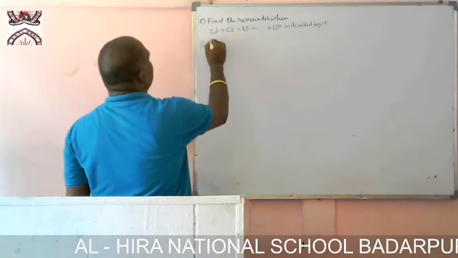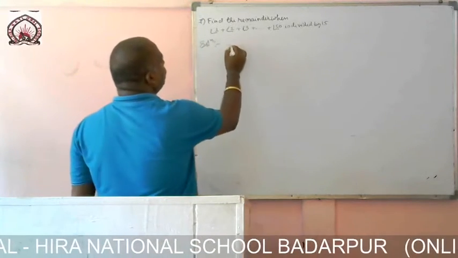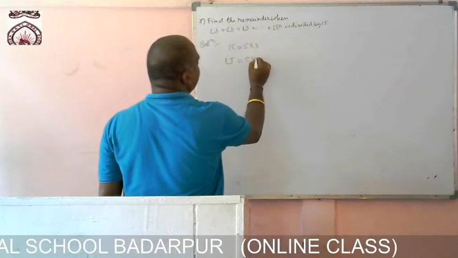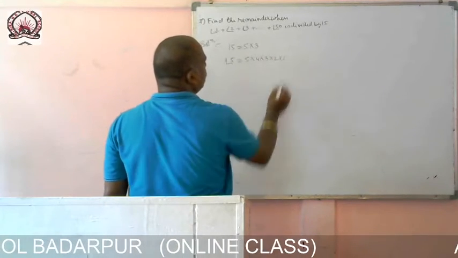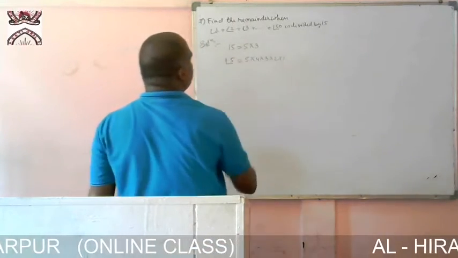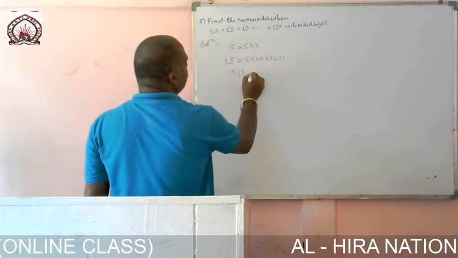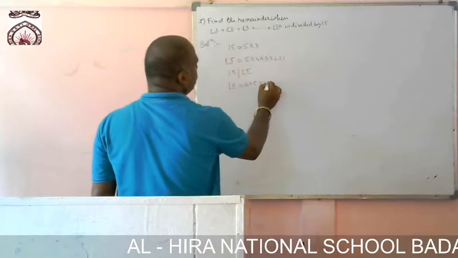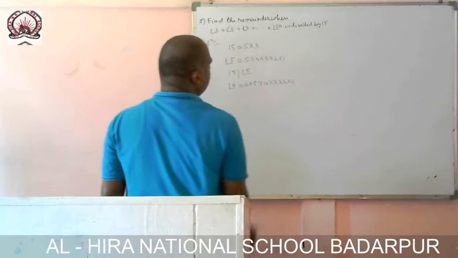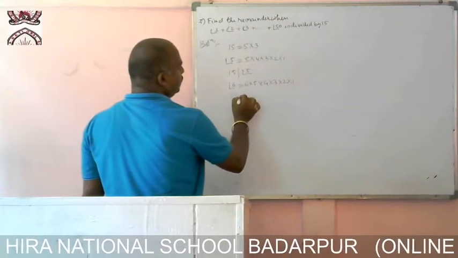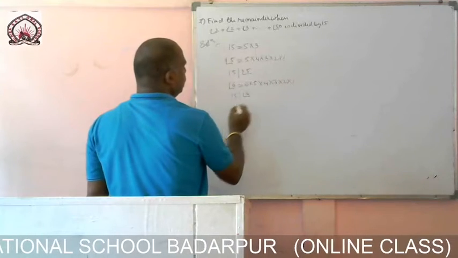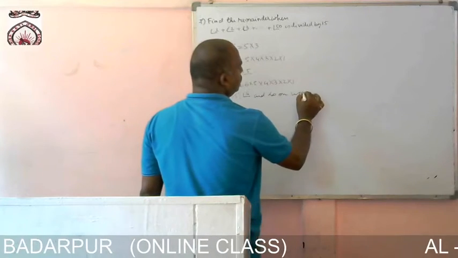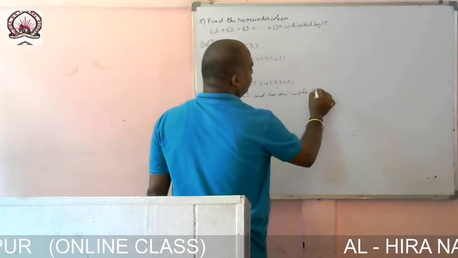Now, we know that 15 is nothing but 5 into 3. So factorial 5 equals 5 into 4 into 3 into 2 into 1. So yes, 5 and 3 are present, so 15 divides factorial 5. We can write factorial 6 as 6 into 5 into 4 into 3 into 2 into 1. So 5 and 3 are present, so 15 divides factorial 6, and so on up to factorial 50.